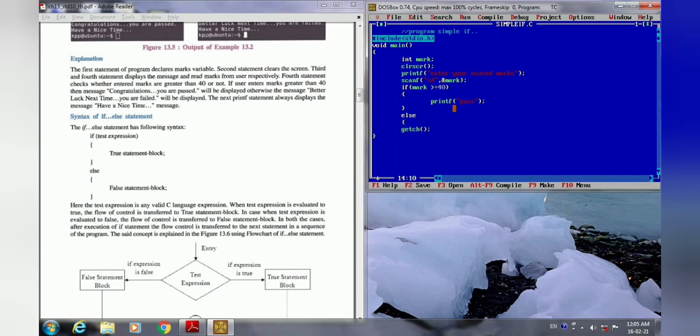Then the message for the user that we will type in the printf is: better luck next time, you are fail. So this message will be printed if the mark is less than 40. Now we will close the else part.